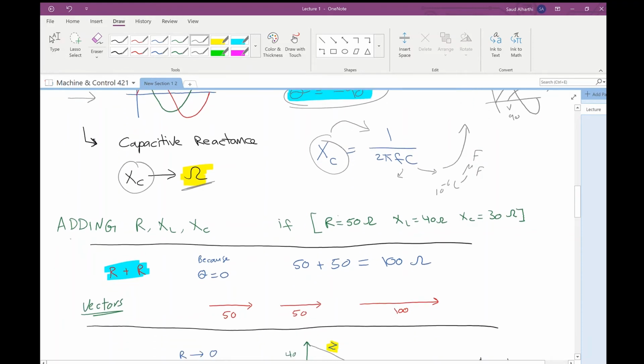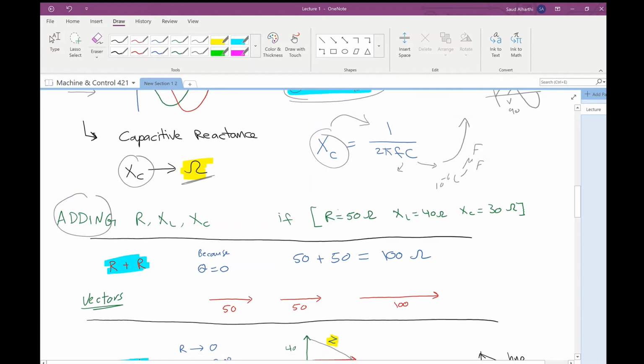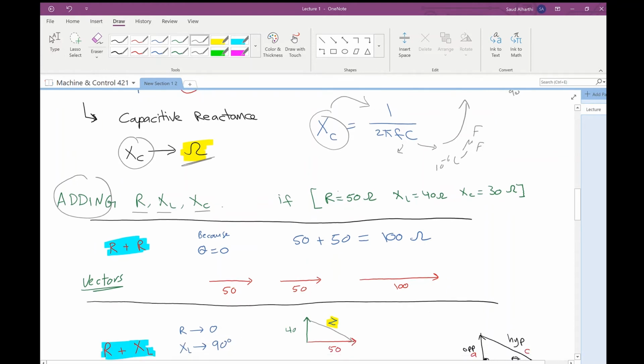So let's take this example. If we want to add R, XL, XC, and notice that I didn't say RLC, because the unit of L is Henry and the unit of C is Farad. So I have to make a common unit between them, which is the ohmic value here: R ohm, XL ohm, XC ohm. So if R is 50 ohm, XL is 40 ohm, and XC is 30 ohm, and we want to add them together,